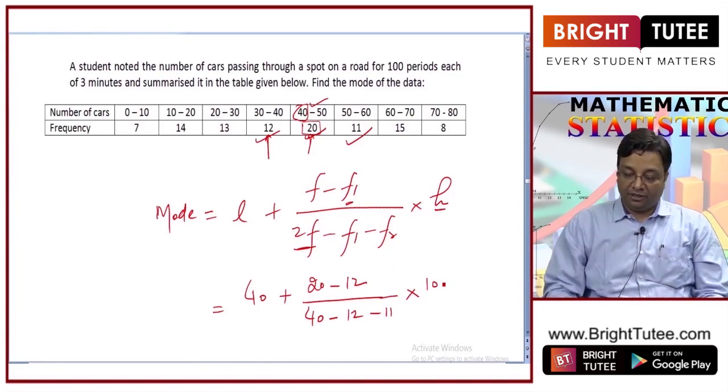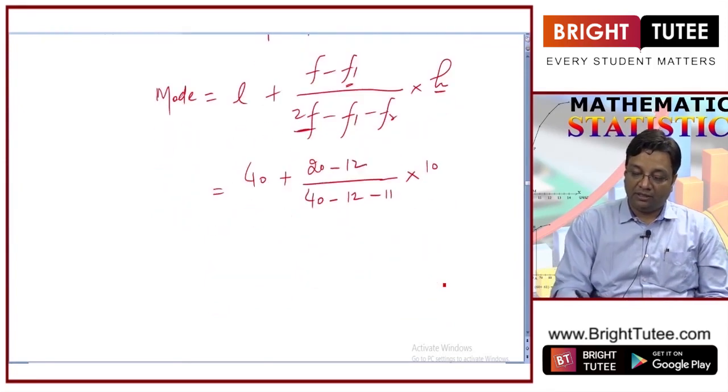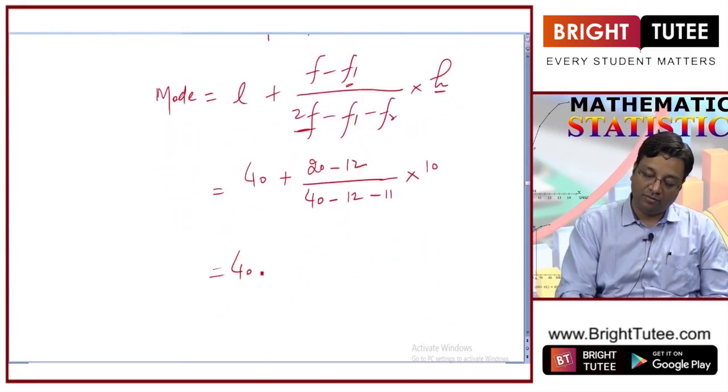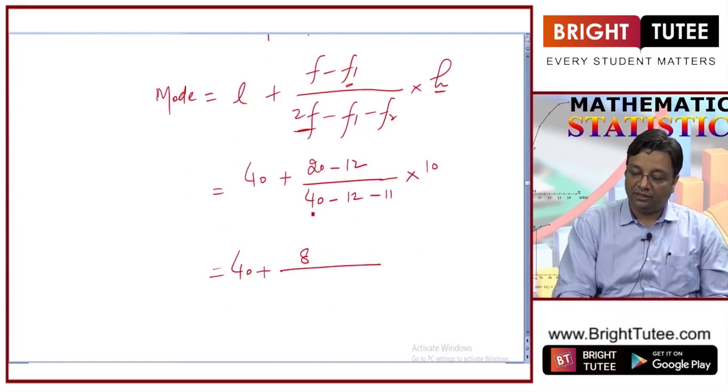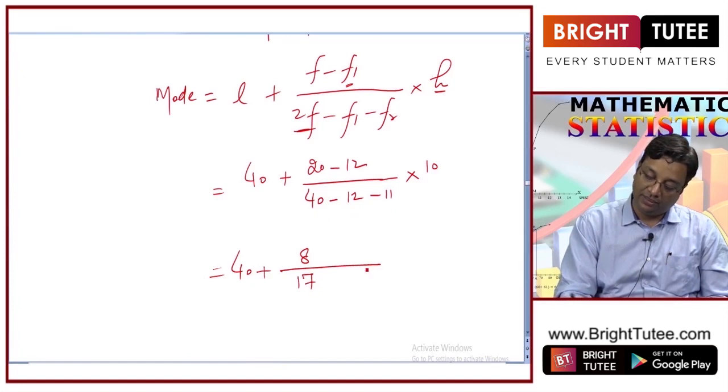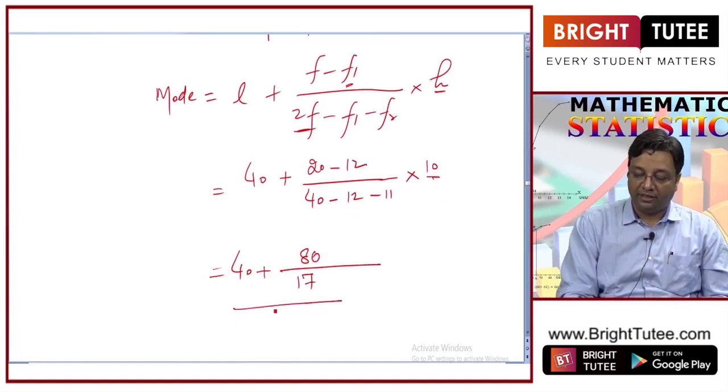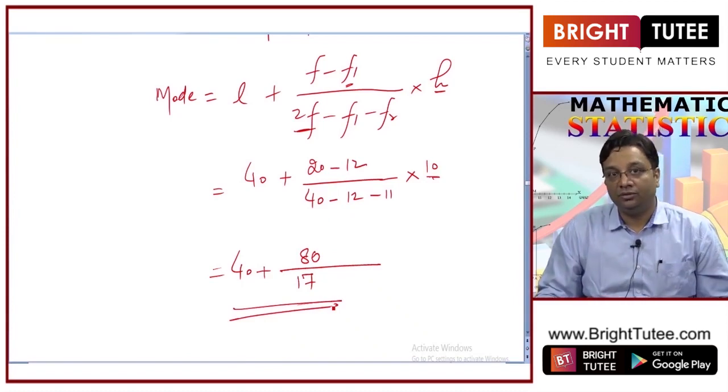Okay. So, now this is just the calculation part and you will find the mode. Let me further simplify it a bit. 8 divided by, this is 40 minus 23. So, that is 17. 8 into 10 will become 80 here, right. So, this part you do yourself,